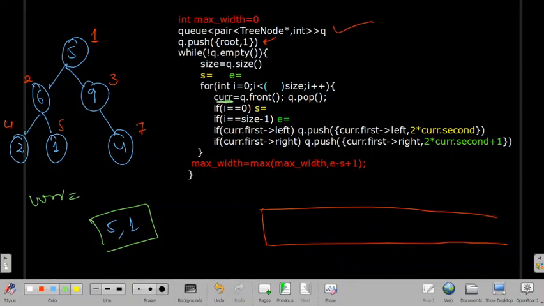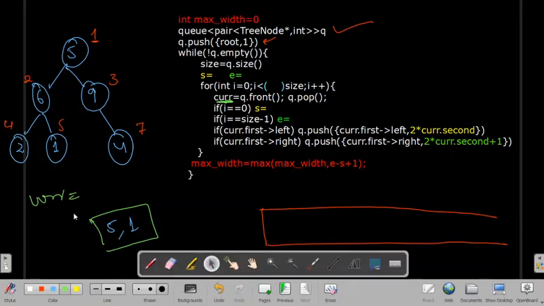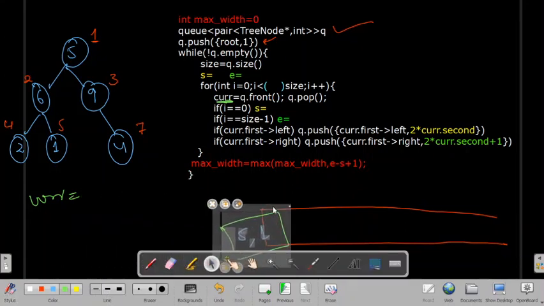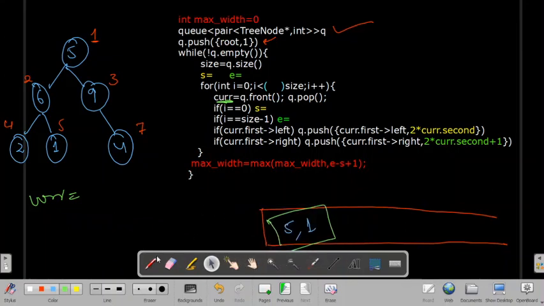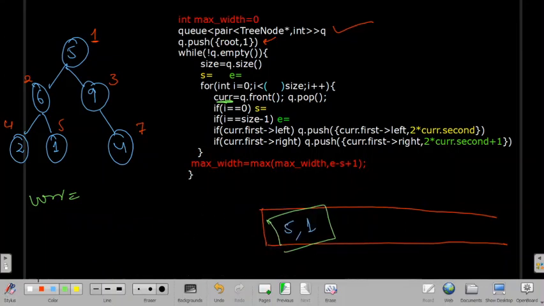First we will insert it in the queue, and after that I will pop from it and store this value in current. So I will have 5 comma 1, and it will be deleted from my queue, right?